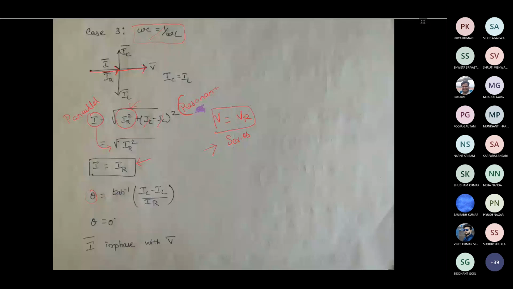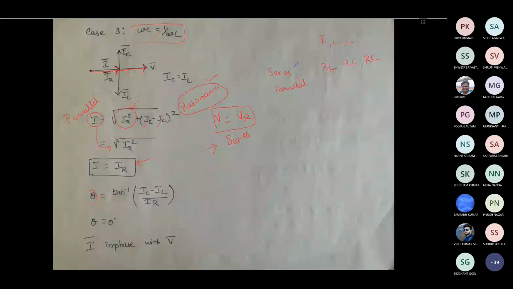This condition is having a wide application, and till now we have read a few things based on R, L, C, RL, RC, RLC. So this we have read for series and parallel combination. Okay, actually we have started seeing the formulas, and we have taken the circuit, and started solving it or analyzing it.